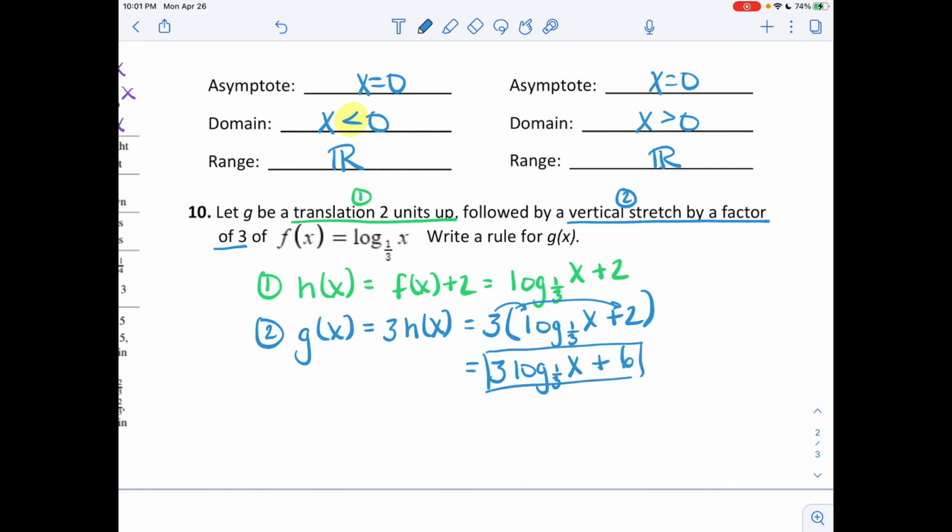Don't forget that when you're doing something vertically, whether it's a stretch or shrink out here, or if it had been a reflection in the x-axis, either way, if there is something that is happening vertically out in front of the function, it affects the entire function. So in many cases, you will need to distribute like I just